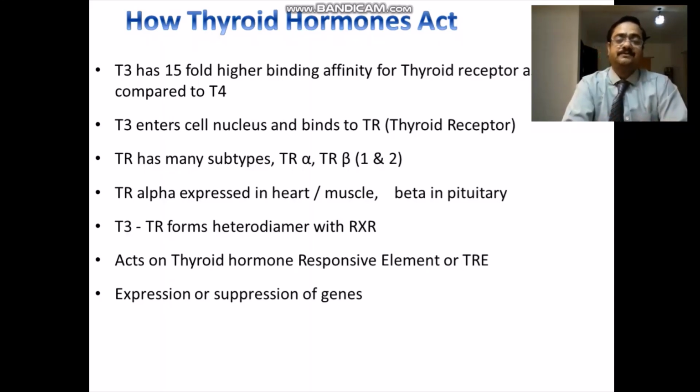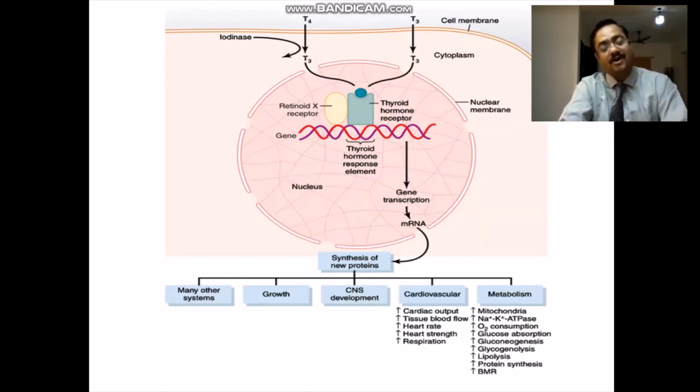There are subtypes of thyroid receptors: alpha and beta, alpha, beta 1, beta 2, and so on. Thyroid receptor alpha is expressed in the heart and muscles, while beta is in the pituitary. Thyroid receptor forms a heterodimer with RXR. What is that? We'll see in the subsequent slides. It acts on thyroid hormone responsive elements, called TRE, and this leads to expression or suppression of